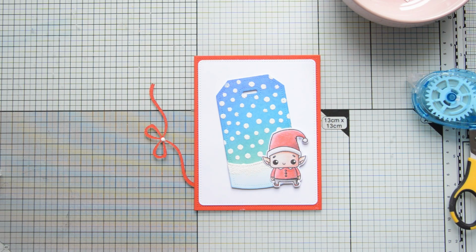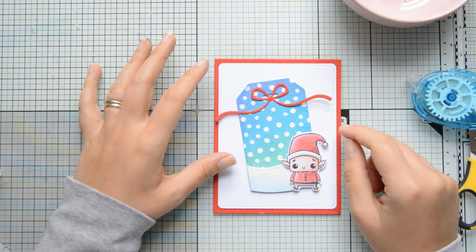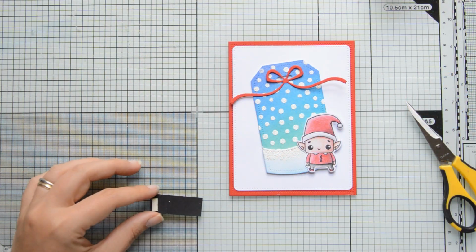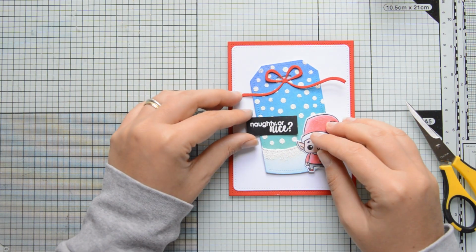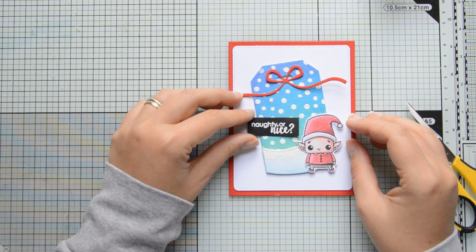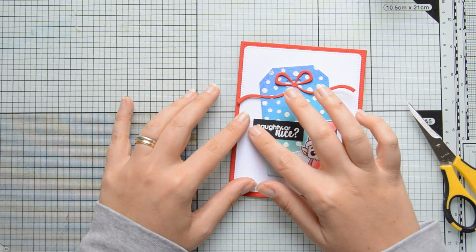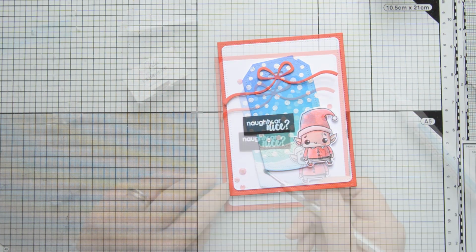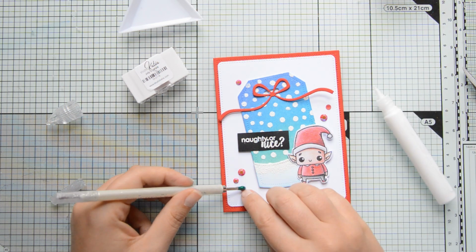Off camera, I die cut the same red cardstock that I have on my base using one of the dies in the Darling Ribbon and Frames dies. This way I created this little ribbon that I glued at the top of the tag. And to finish off the card, well, almost, I heat embossed my sentiment with white embossing powder over some black cardstock. And the reason why I said almost is that I couldn't resist and I had to add a few